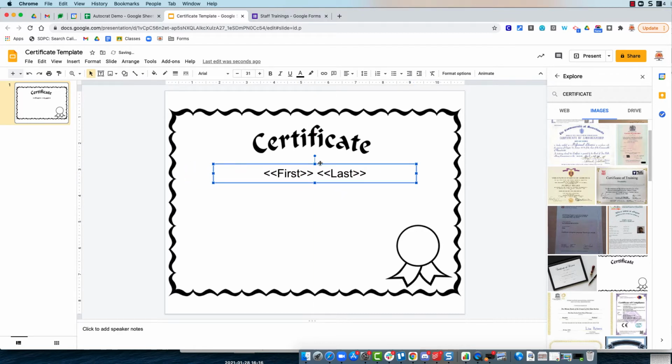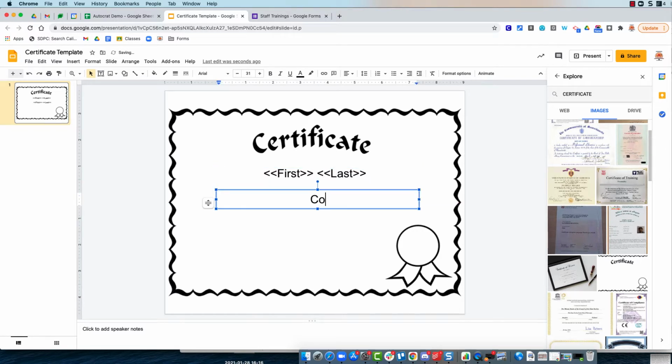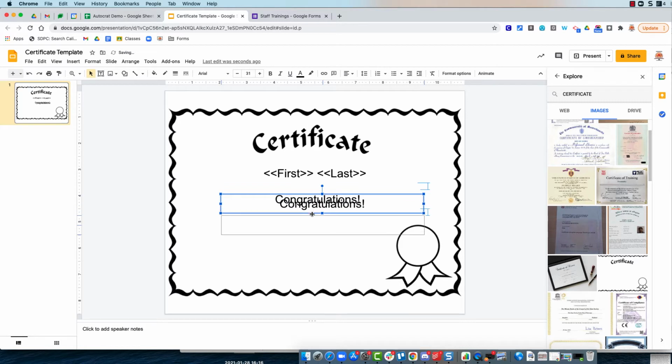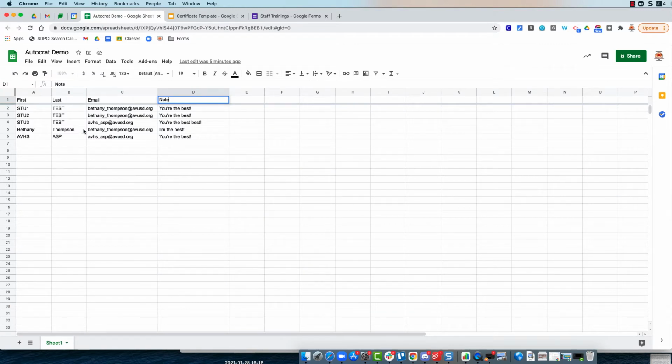Okay. And then I'm going to put down here, congratulations. And then I'm going to put the note. Control C. I'm just copying this because I don't want to have to reformat it. So I have to put French quotation marks and then the note here because that's the information I have. What these French quotation marks are doing is telling the little script, hey, go over to this spreadsheet and get this information and put it in